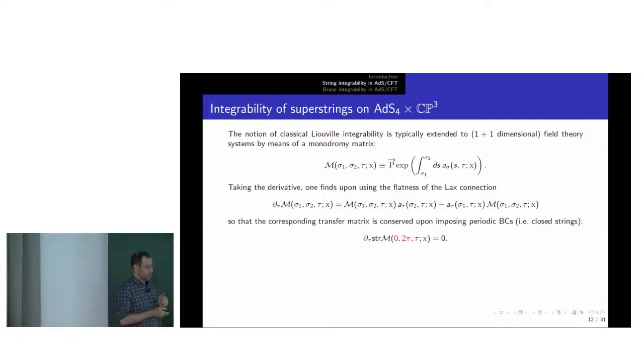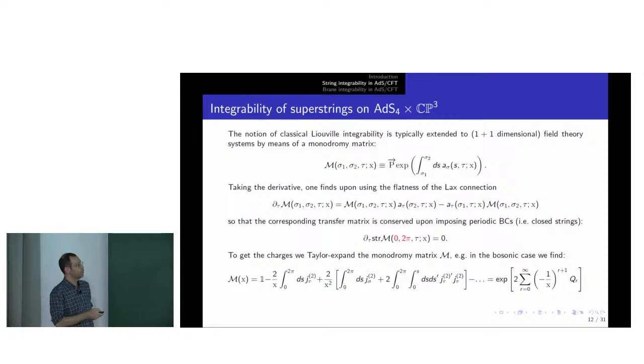And one can find probably the first charge in this conserved hierarchy. And of course, higher charges, as was also stressed in previous talks, can be generated by taking appropriate powers of this quantity, this transfer matrix, because it's just the supertrace of the monodromy. And the charges can be obtained typically by expanding this monodromy matrix around appropriate values of the spectral parameter, and one identifies each of these